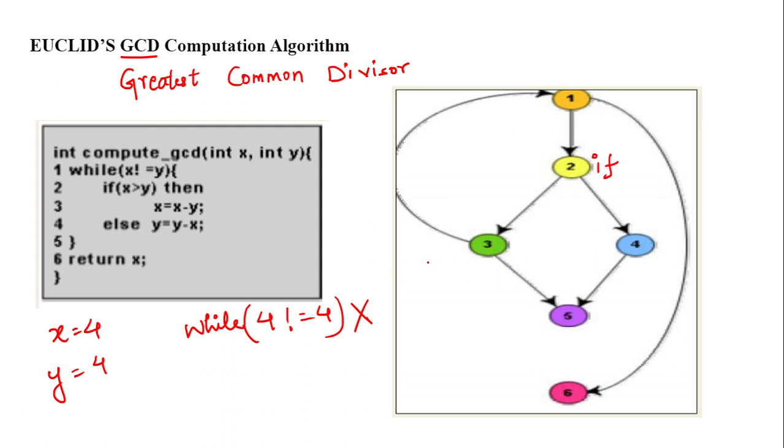Right? तो ये समझ में आ गया how the flow is this. तो 1 से 2 आपकी if कंडीशन है. अगर x, 1 से 2 आप कब जाओगे, x is not equal to y, तब आप 1 से 2 जाओगे. बट if somehow x becomes equal to y, तो आप 1 से डायरेक्टली while लूप के बाहर जाओगे. That is, 1 से you will come directly to 6 and you will return your x value and you will move on because x and y both are equal.